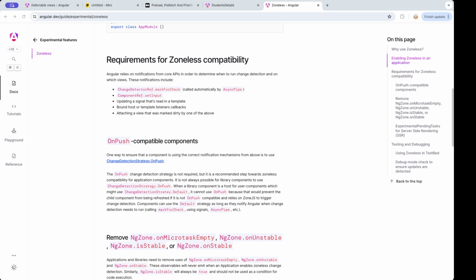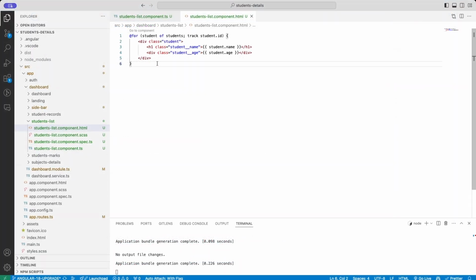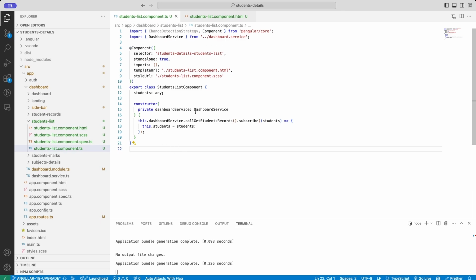So now let me go back to the code editor. So here is the code editor. Here is the template that we are trying to render. There are 2 ways to do it. First, I could import the ChangeDetectorRef and then do a markForCheck or detectChanges or something like that. Or otherwise there is another way,